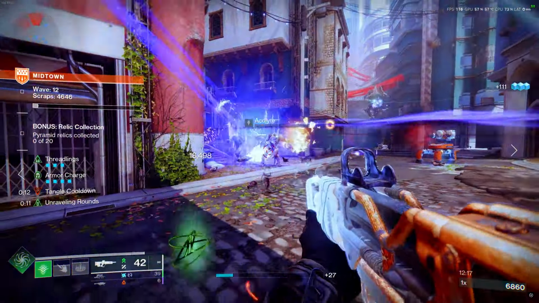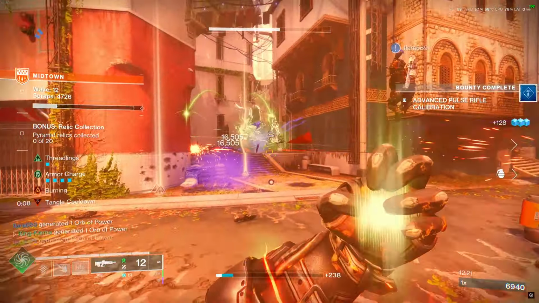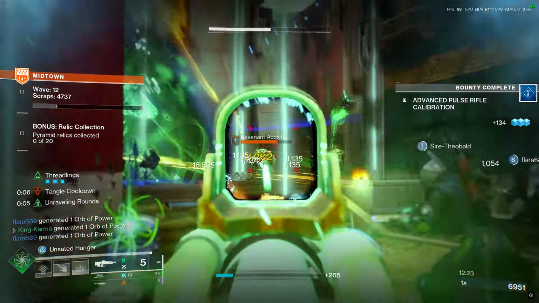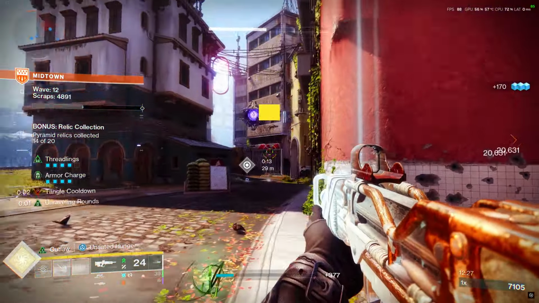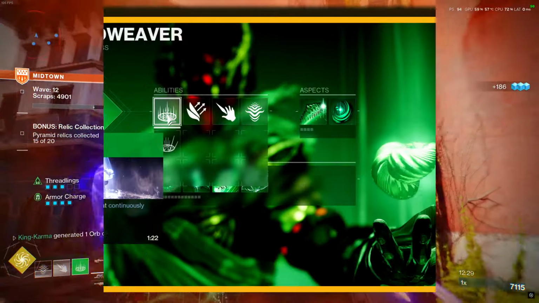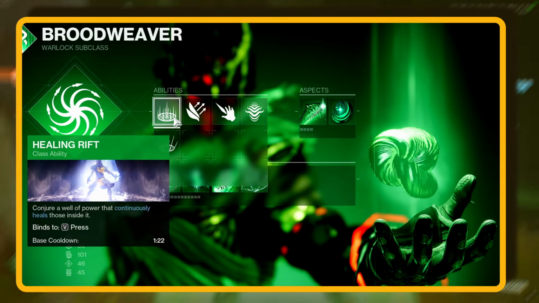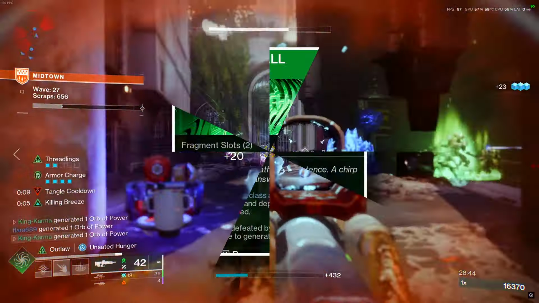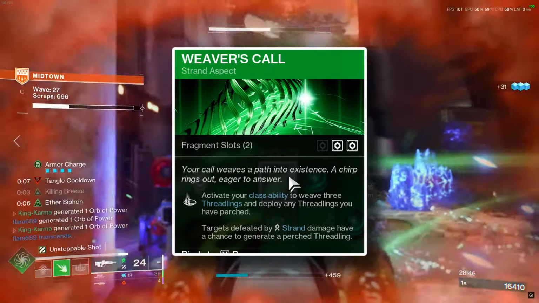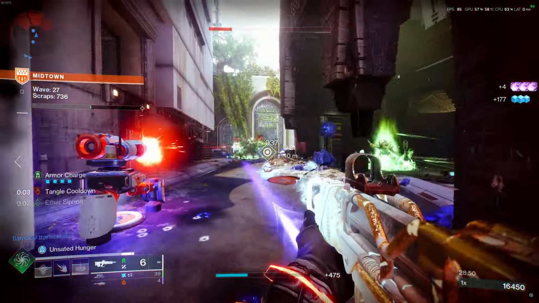ammo in critical moments. Abilities are the backbone of this build, fueling the Threadling loop and ensuring constant ability uptime. Starting with the class ability, we're using Healing Rift. Not only does this ability provide healing and survivability, but it also spawns 3 Threadlings whenever it's cast, thanks to the Weaver's Call aspect. This turns your Rift into an offensive tool that generates Threadlings on demand while keeping you